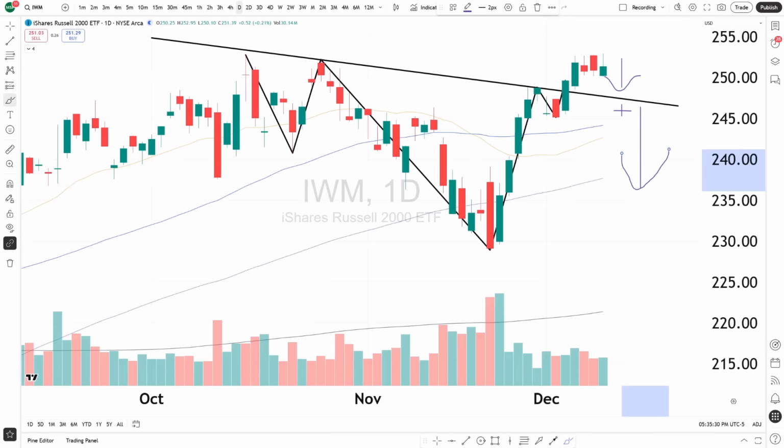Keep in mind that we are extended from home base, and the market doesn't like to be too extended from home base. This is just food for thought, trying to get some different perspectives as to what might happen leading up towards tomorrow and even the end of the week, but we're going to take it one day at a time and see what the market wants to do with Fed Day coming up tomorrow.